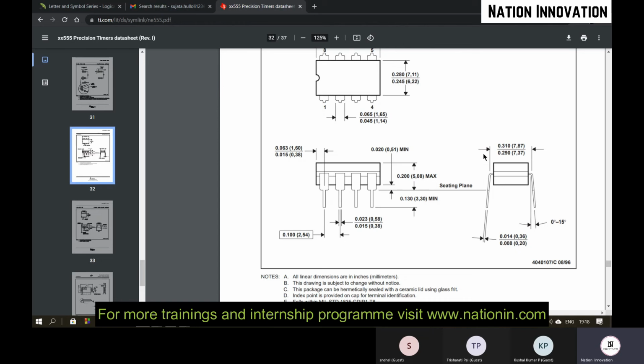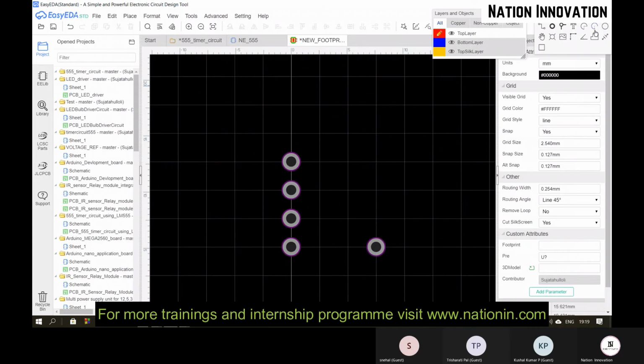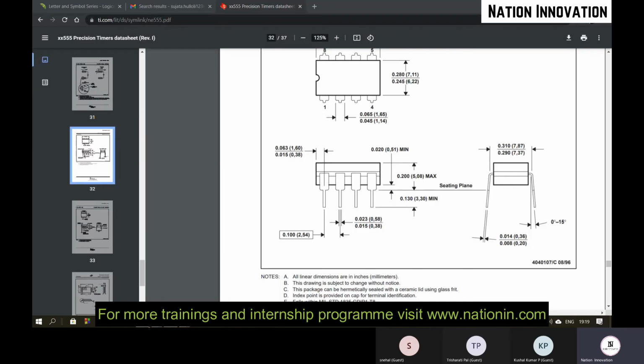They have given here the maximum is 7.87, minimum is 7.37. So let me check what is mine. This is 7.62 mm. So you can go with that 7.62 because it is in between.